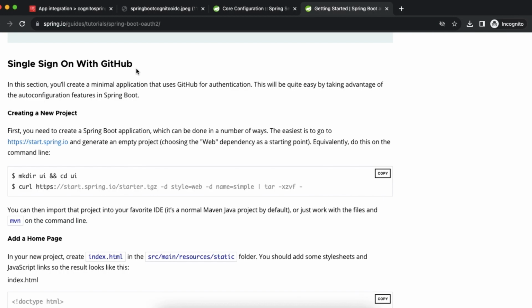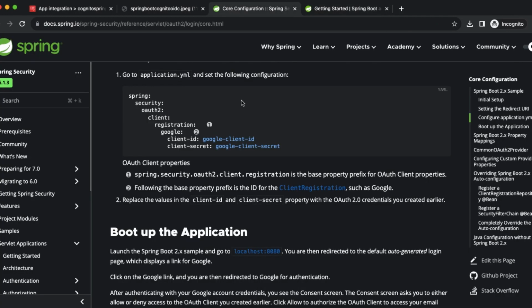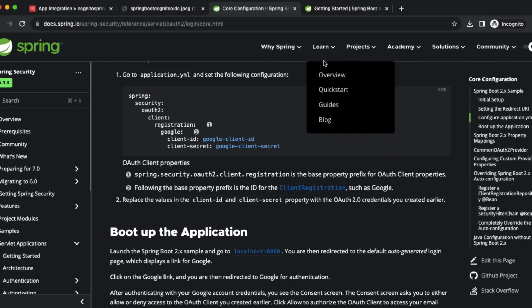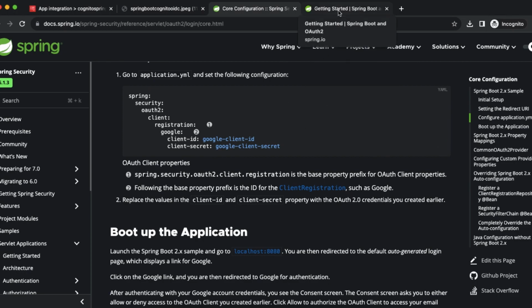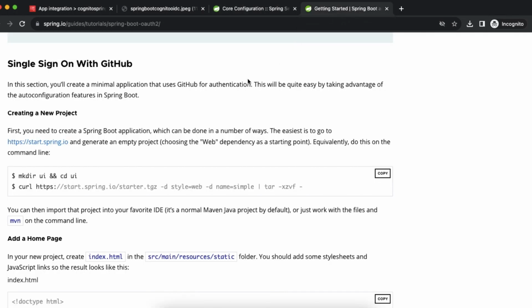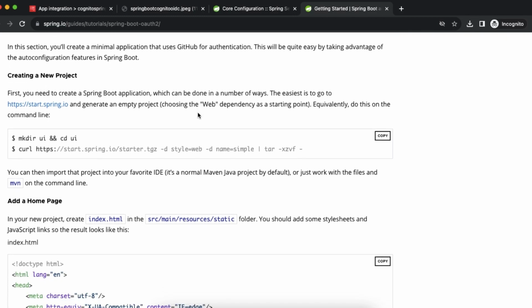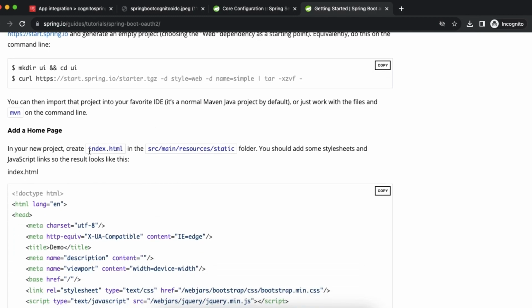And as I said, there are some steps which are outdated, and we will be using the official documentation to get the latest steps. But some of these steps are still valid. That's why I'm referring back and forth between this blog and the official documentation. So the very first step is to add a home page. So copy this